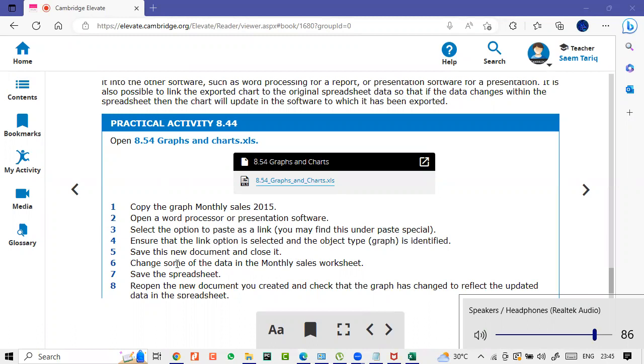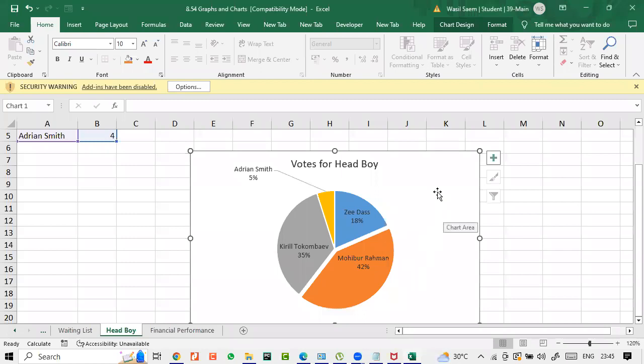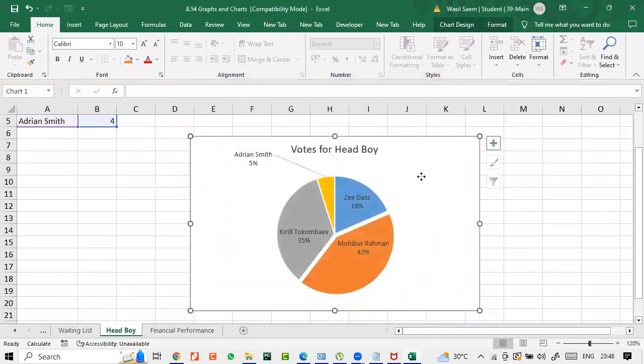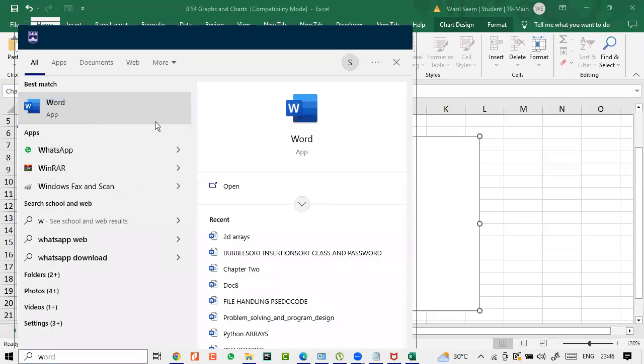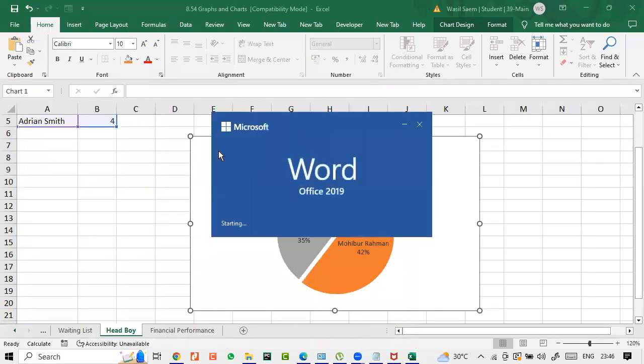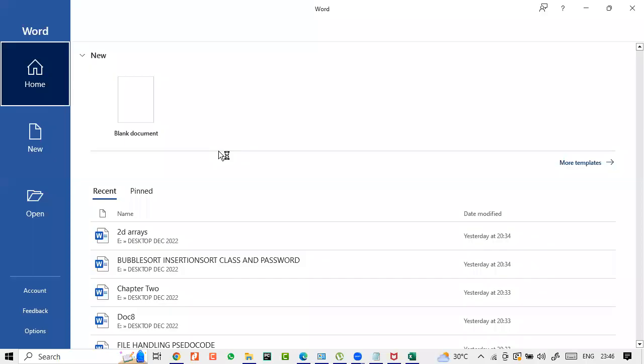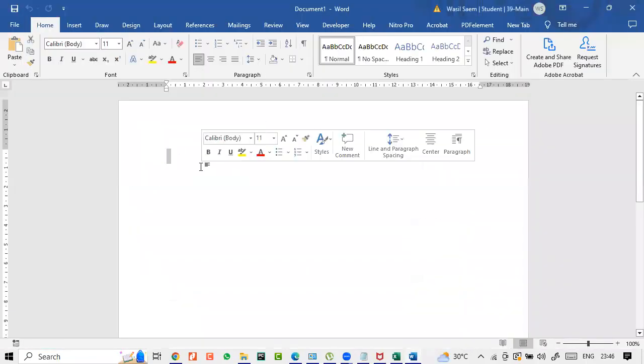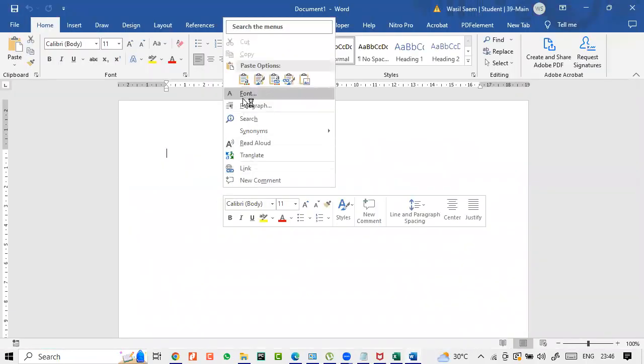Save document. Change some of the data in the monthly sales worksheet. Save the spreadsheet and reopen it. Okay, so it's a very typical thing. I'll just tell you. All you have to do is copy this, go into Word, so it's an automatic updating process, and you're going to